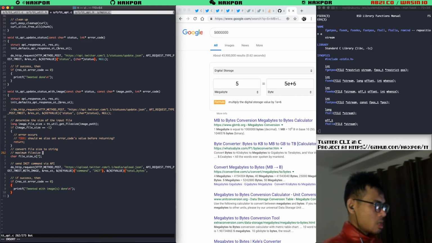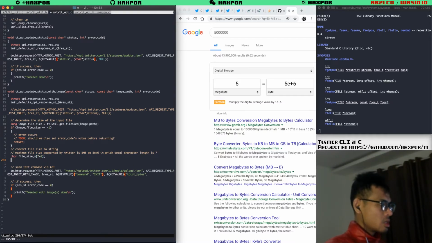Maximum file size supported by Twitter is 5 megabytes. So the cap is 5, then 6, in which total character length is 7, 6, 7, 8. So I'm gonna allocate the buffer 8, 1 for the null terminator character, and then set